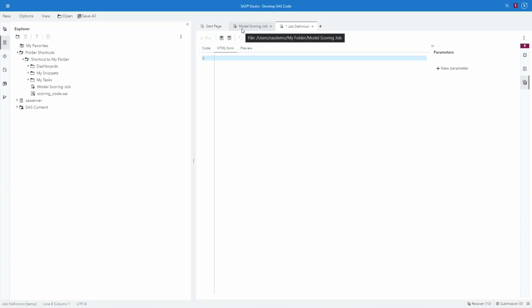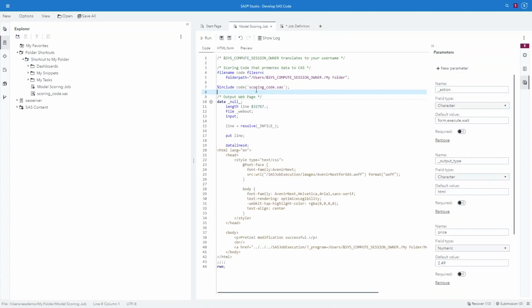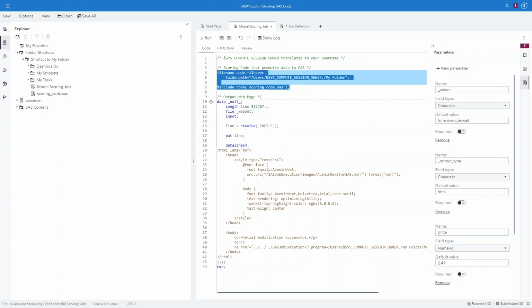So let's give them the ability to do that. Let's go to our model scoring job that's already been made and just look at the top section here. This just calls my scoring code. It lives right here. This does my modification of the data, it scores it, and then it loads it into CAS. Nothing more.